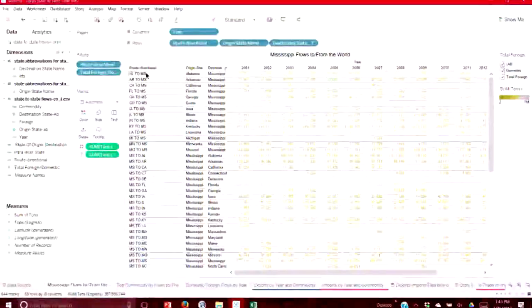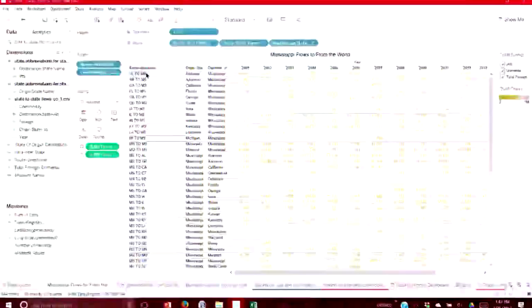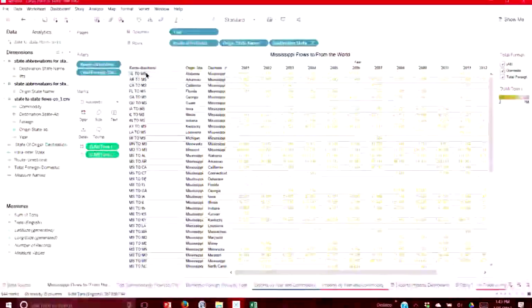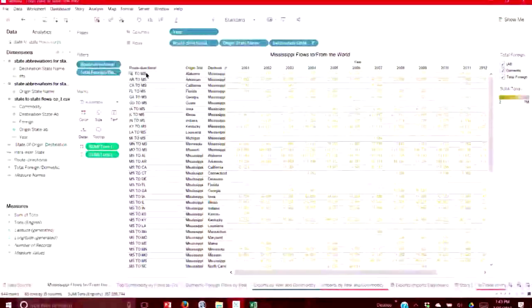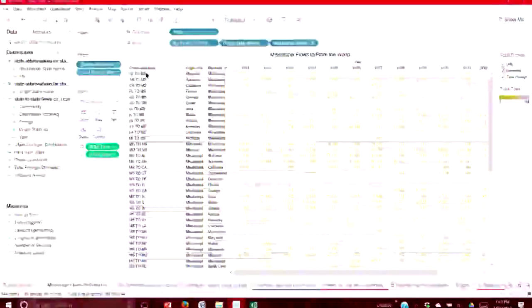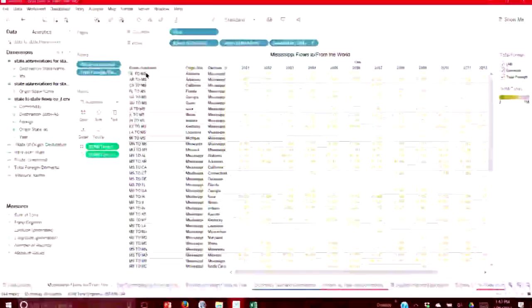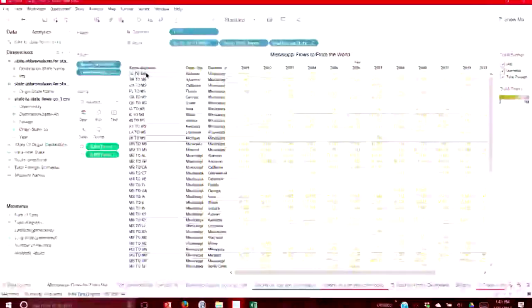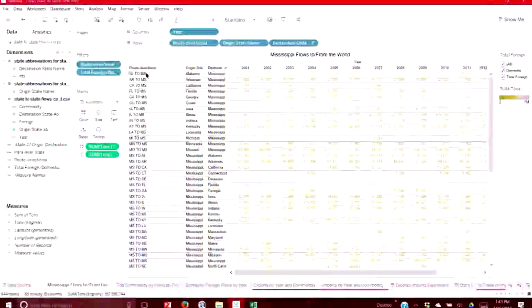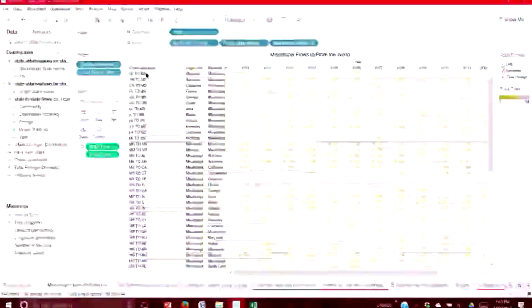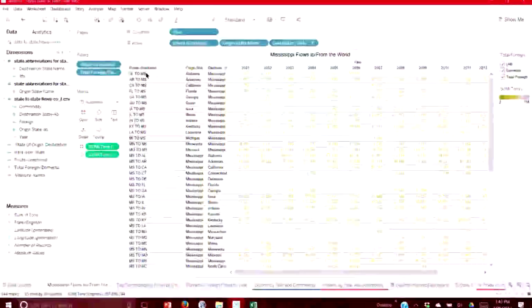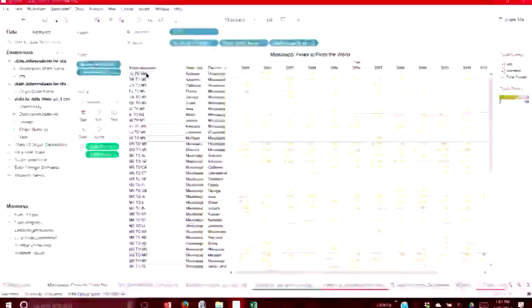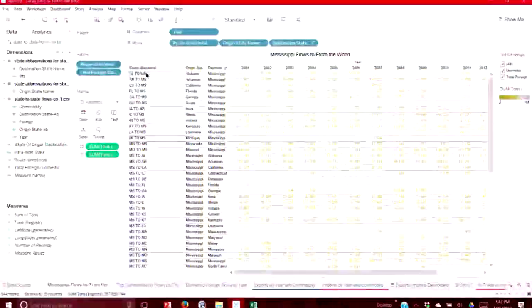When I say the world, I mean everybody coming to and from Mississippi. Remember earlier I mentioned that this is a flow data set. So you have some flows that are coming into Mississippi, some flows that are going out of Mississippi. If you'd just done Mississippi as the origin, you'd only have gotten half of the piece. If you'd done Mississippi as a destination, you'd have gotten half the piece. But if you'd added them together, you'd have gotten the intra-flows, which is Mississippi as both the origin and the destination. So you would have double counted the flows that were intrastate.